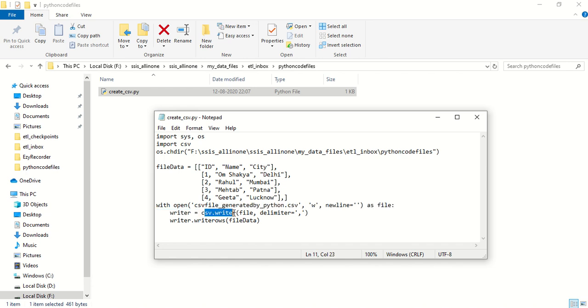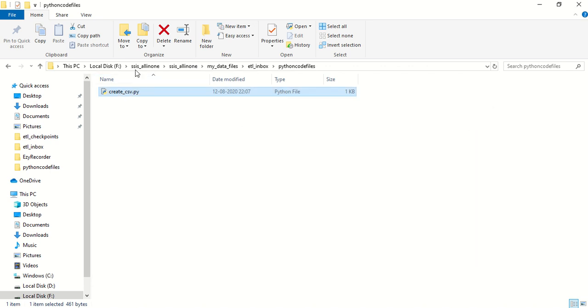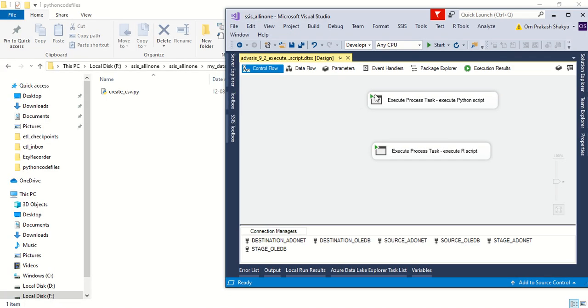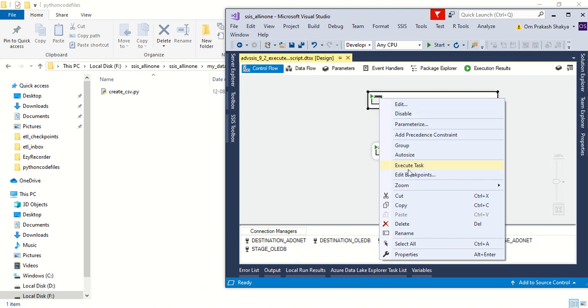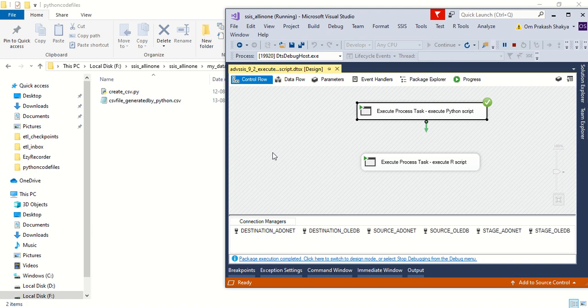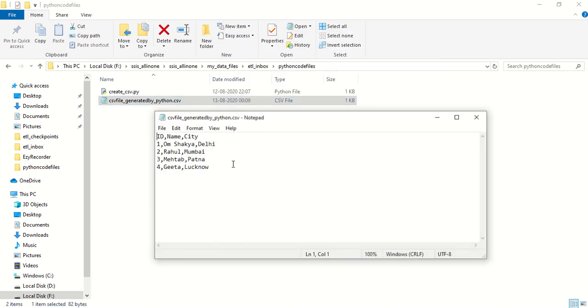The CSV writer delimiter is a comma, and it will write rows into this file, and this file will be generated in this folder. So if we execute this task, it should generate a file there. See, it has generated a file.